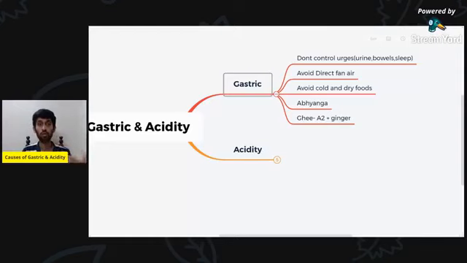Okay, then you can use oils. What are the oils? Sesame oil is there, coconut oil is there. These two oils can be used. If you are a person who is always angry or wants some cooling down, you can use coconut oil. If you are a vata dominant or a kapha dominant person, you can use the cold pressed sesame oil.